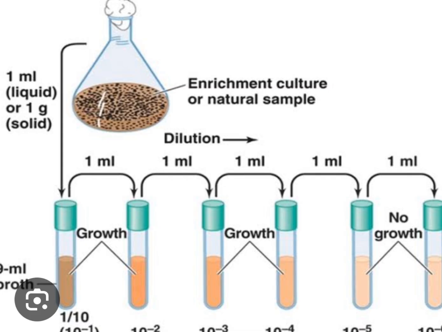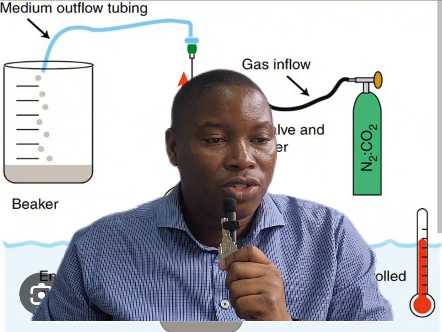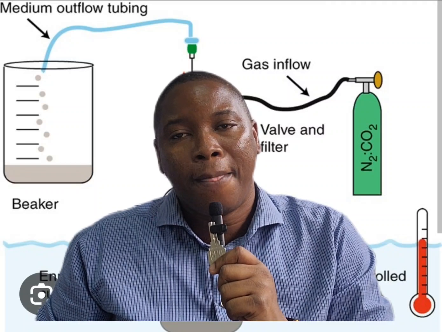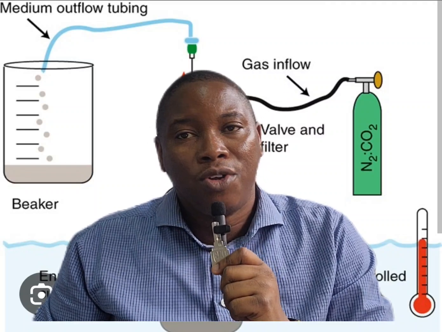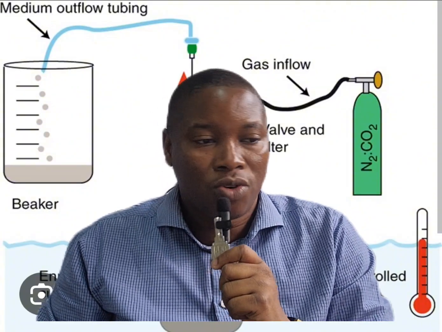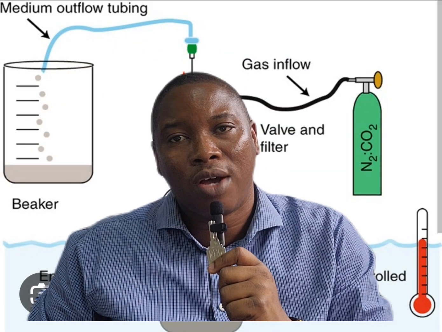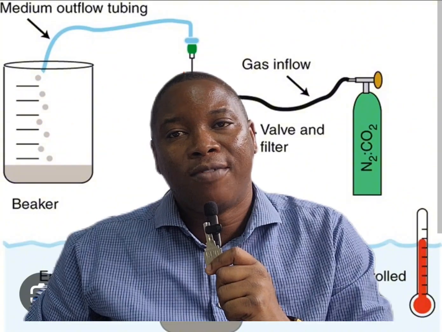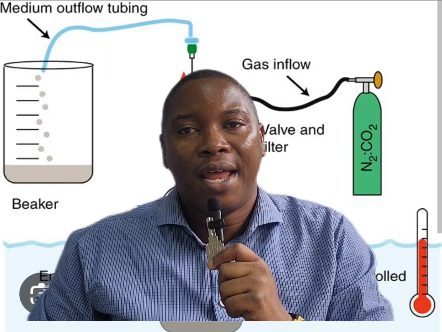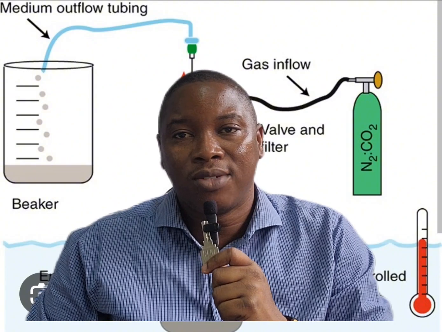Now, there are different types of enrichment cultures, and it depends on what exactly we are trying to do. For example, if we are trying to culture nitrosomonas, you need an enrichment culture that has a high nitrogen source. Depending on the environmental conditions, if you are trying to culture out organisms that can survive under high thermal conditions, under high heat, you can increase the temperature and that will favor the growth of those organisms. It could be high salt conditions too. You can increase salt content within the media.